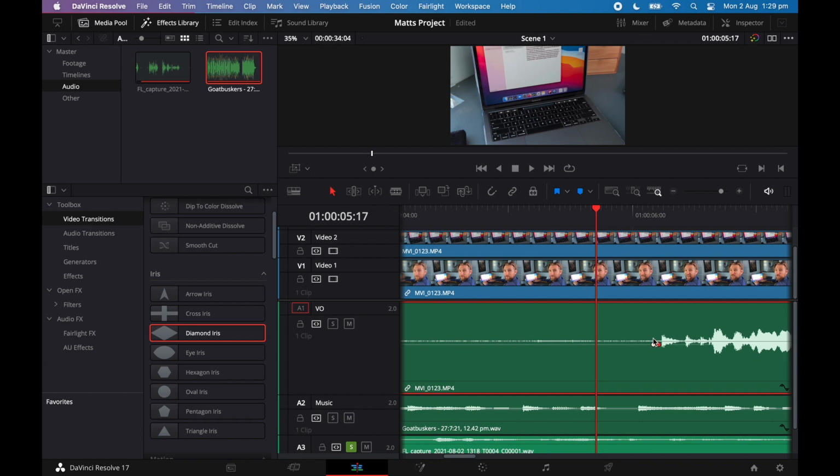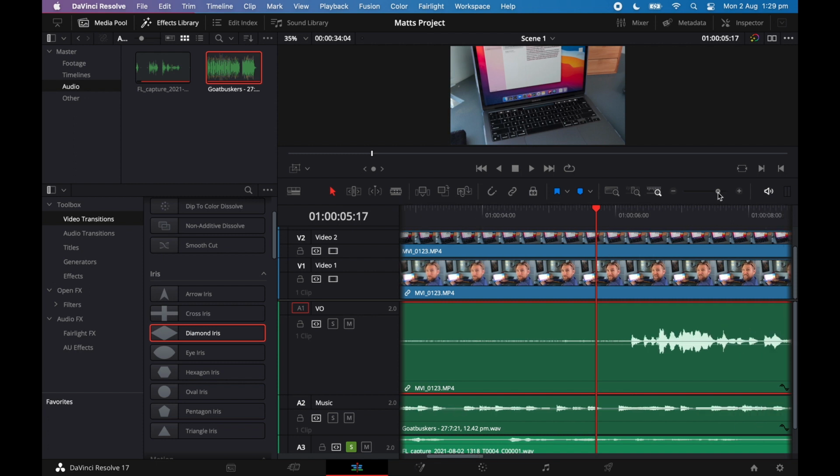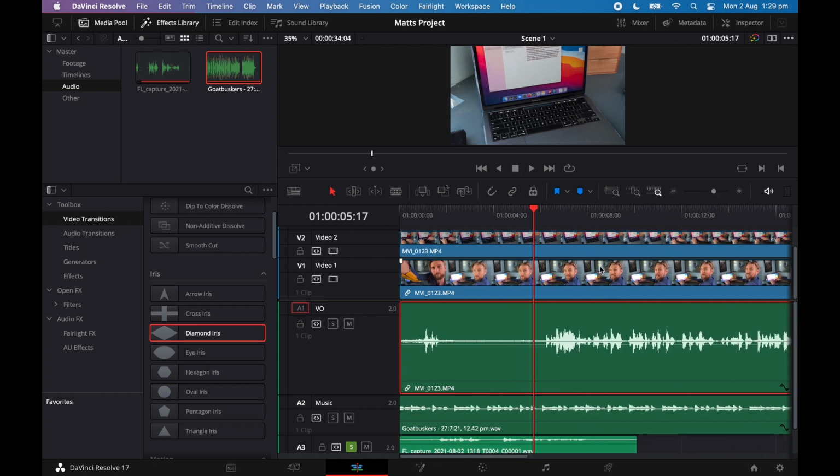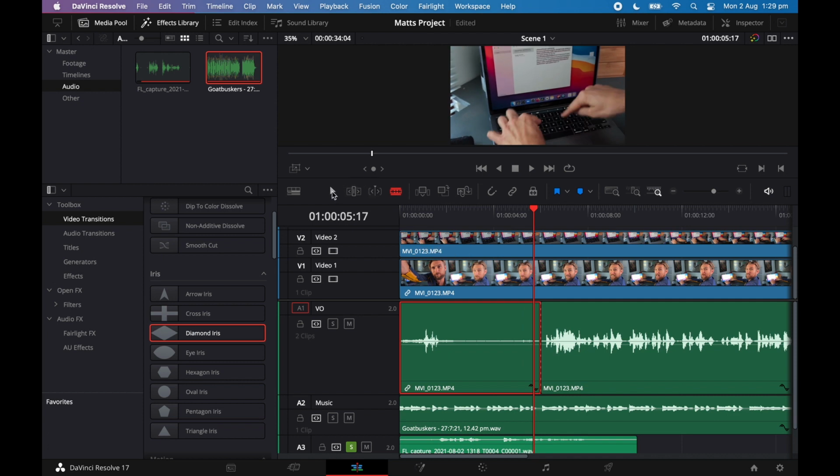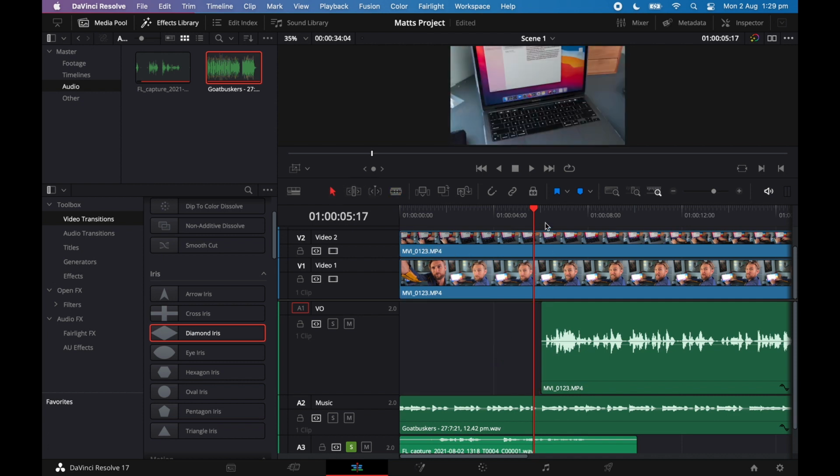First, let's delete those nodes using Command Z. Let's zoom out. Make sure our clips are still unlinked. Let's get the blade tool and just trim that audio. Get the selection tool, delete that dead air. Let's zoom in a little bit